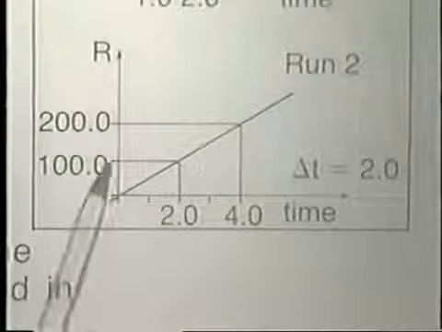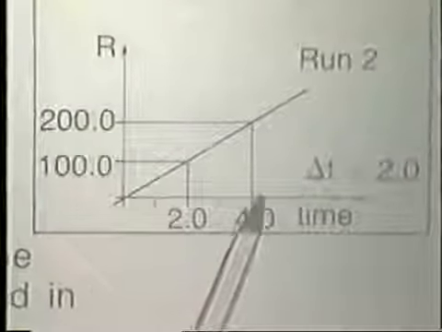If we were to perform this analysis, and in addition an analysis where delta t is equal to 2 and the load at time 2 is equal to 100, the load at time 4 is equal to 200, then we